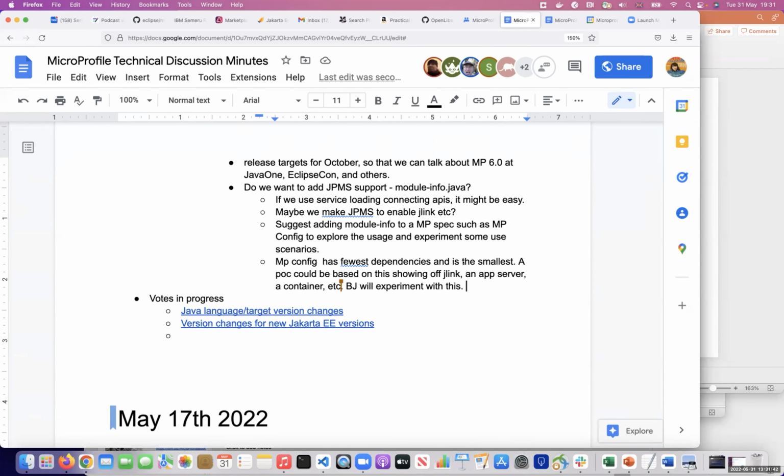And that could be used in a Java SE environment too, right? Yeah, but we want to explore the MicroProfile specs. So the other things for Open API, I think Open API depends on MicroProfile config.